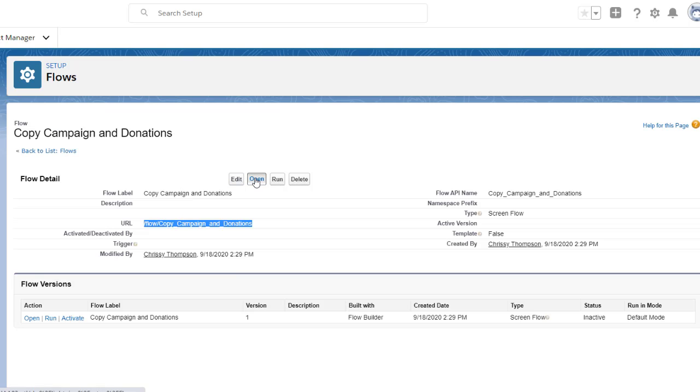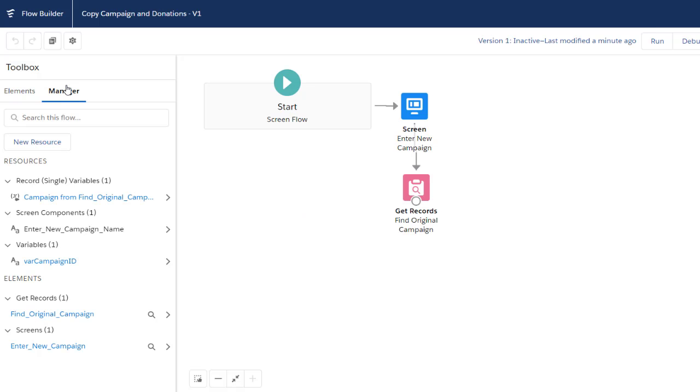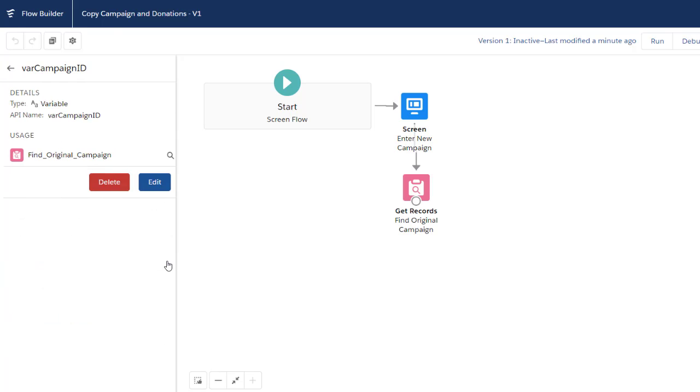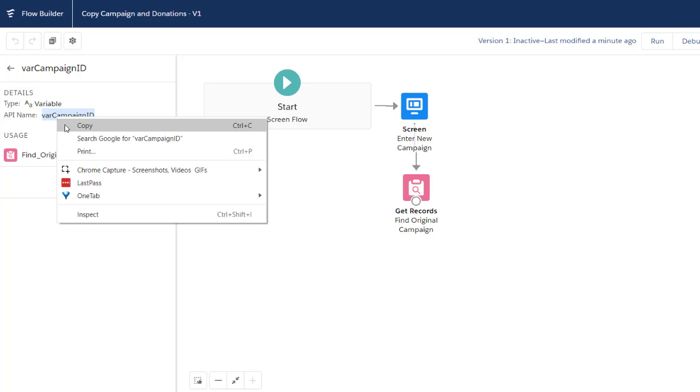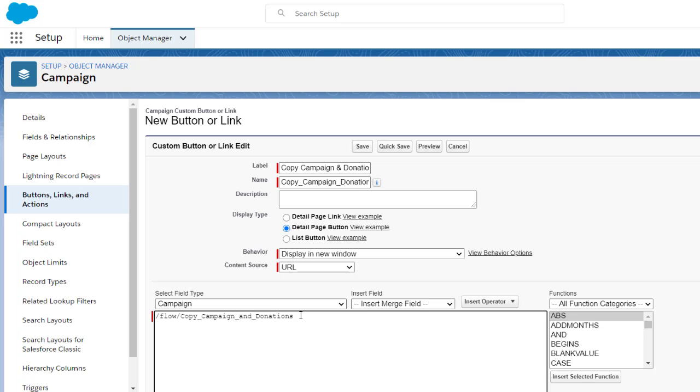I'm going to open my flow again because we need some values that we have added. Within that flow, we're going to reference that new variable, or that resource, that we created. So here is that var campaign. I'm actually going to open this up, and I'm going to copy this value. This is the API name that we're going to need, and we're going to go ahead and copy that, and we're going to put a question mark after the flow and paste the var campaign ID. And we're going to say that it equals,